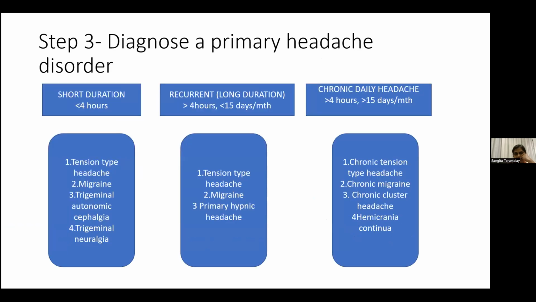probable diagnosis. Okay, this is what I mean. If the child has short duration of headache, the diagnosis can be tension type headaches, migraine, trigeminal autonomic cephalgia, which is quite rare in children, where numbers 1 and 2 are more common. Of course, if it's also recurrent long duration, it can also be tension type headaches, migraine headaches, primary hypnic headaches,